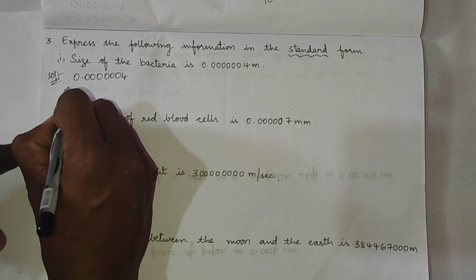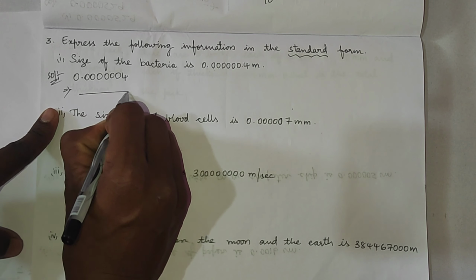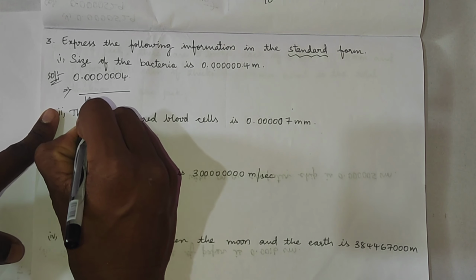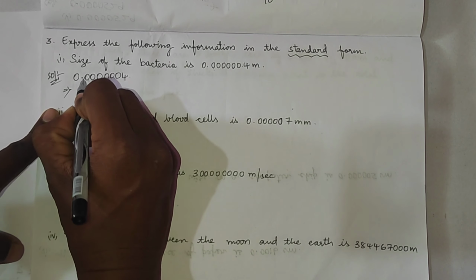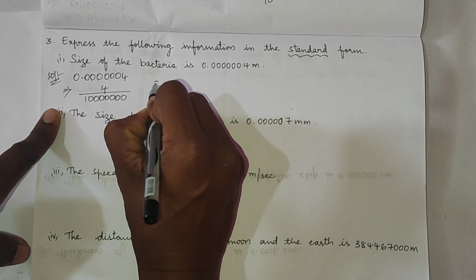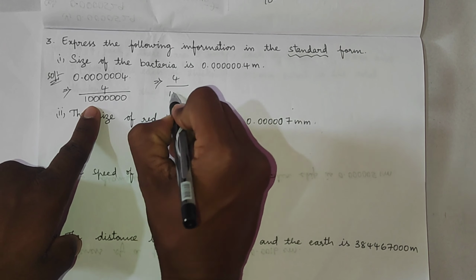We know if you remove the decimal point, we have to take that many zeros in the denominator. So 1, 2, 3, 4, 5, 6, 7. If you remove the decimal point, the number will be how much here? Only 4. So this implies I am writing 4 by 10 to the power